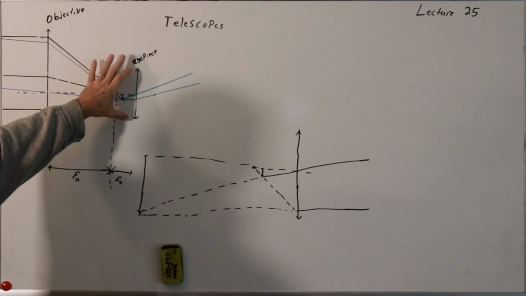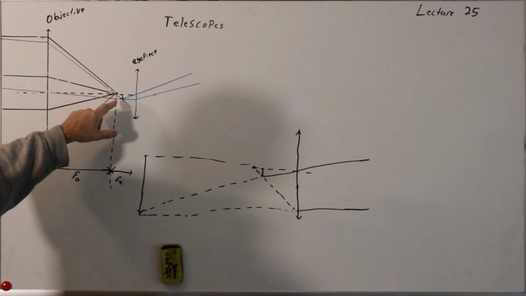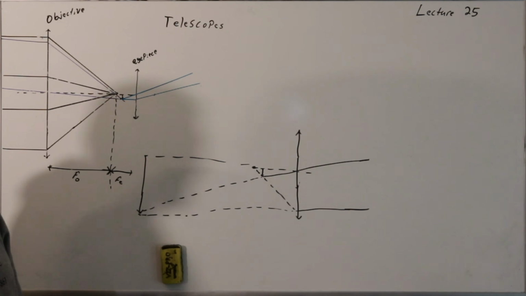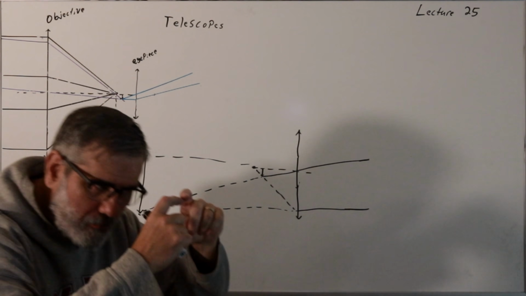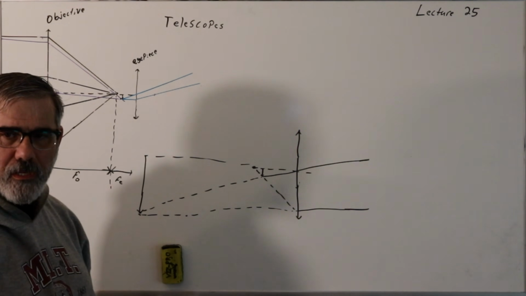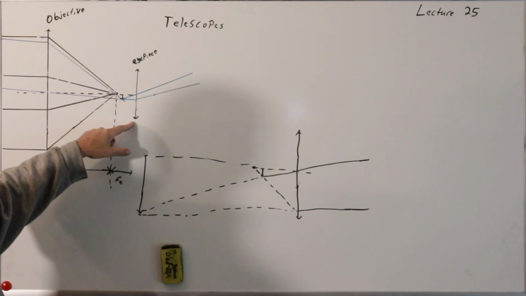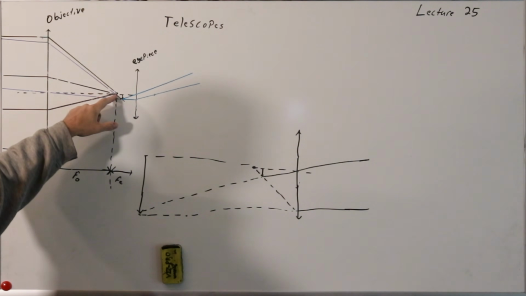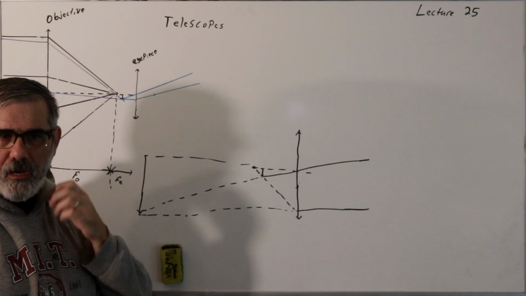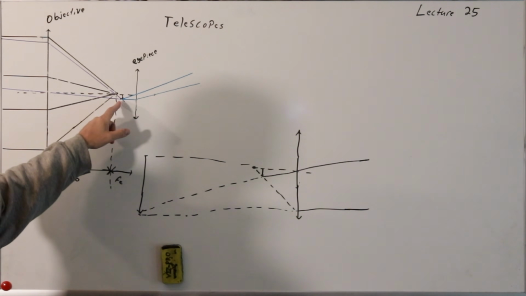But if I put a magnifying glass such that the focus of the magnifying glass is beyond where the image is, then it's going to magnify. Actually, if I just get my magnifying glass and I move in on that image, I'll find a spot that works for me. I'll get the magnification that I find convenient or pleasing. But these are usually fixed, and so they fix it such that the focal length of the eyepiece coincides with the focal point of the objective lens, because anything that's not infinitely far away is going to form its image